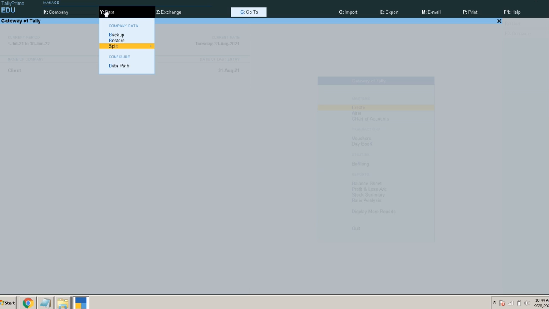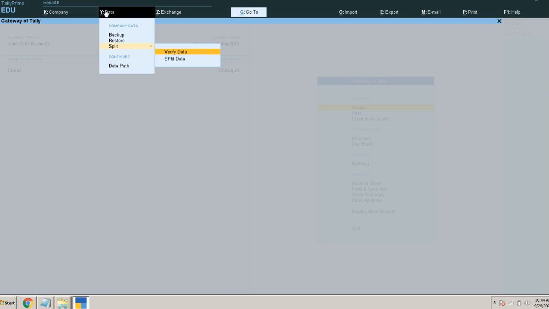We can split the data after 5 years, 2 years, 4 years. We can also use this split for the next financial year. Suppose we are going to the next financial year and I want my data only for that financial year. So what we can do, we can split the data.